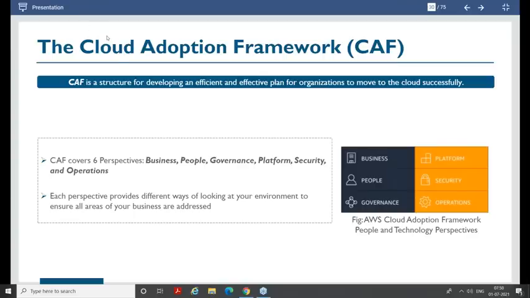All this 7R strategy, CAF, do we have any kind of checklist in AWS or any kind of services? So basically, AWS has services, but again, they would not specifically talk about the 7R strategy. You as an organization need to finalize which strategy to go ahead with. Depending on your organization requirement, you need to take a call which strategy would be right suited for your organization.